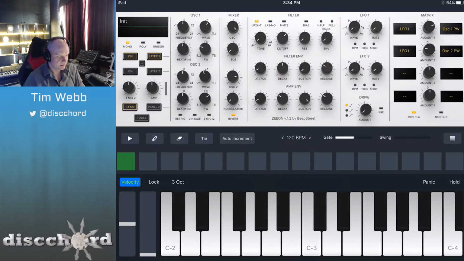So this first one is a low pass 24 decibel thing, and as it changes the tone, it's changing it into a high pass and then band pass. Let me lower the cutoff so you hear that a little bit more clearly. And that's pretty interesting. But my favorite one by far is this 12 decibel one, MM12, which gives it this kind of electric